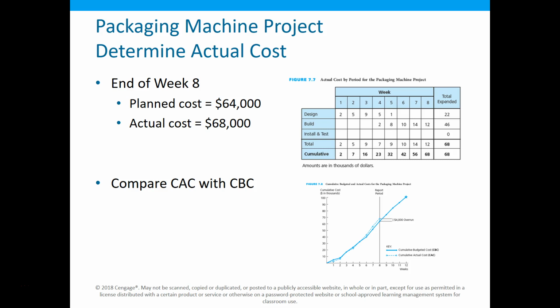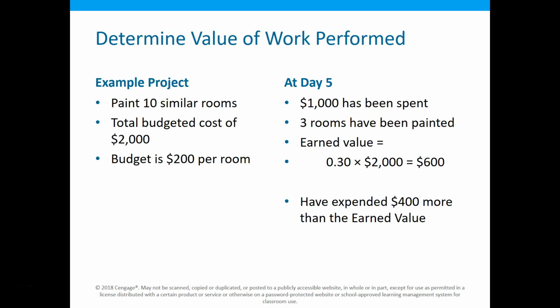So right now I can say, according to our carefully calculated budget, we've spent $4,000 more than we had originally accounted for. But I can't yet say that it's bad. So I have to do something else first. And what I have to come up with is the earned value, in other words, the stuff I have done, what is the value of that work that I have done?